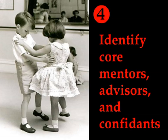So next, number 4, you're going to have to identify mentors, advisors, and confidants. It's very important because if you identify these people to help you in the beginning, you'll have guidance throughout your career, and more importantly, throughout your project. Whether the person is an advisor to you or can serve as a long-term mentor is very important because clearly...